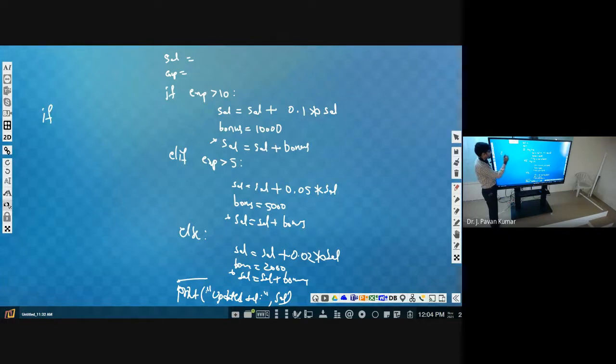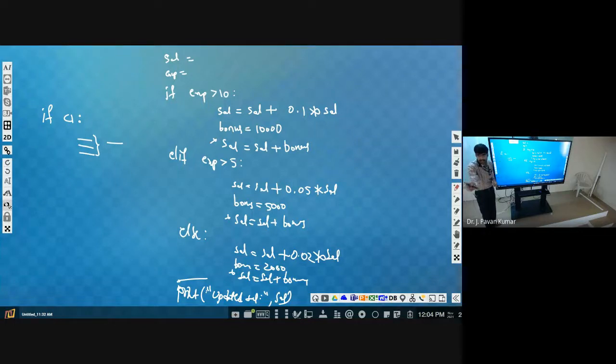If some condition is there, let us say C1, then colon, and whatever statements we will be aligning here in the next line, these all will be part of the C1. Okay, whenever C1 is true, then these will be executed. Fine. Let us consider we are having only one line under this if.